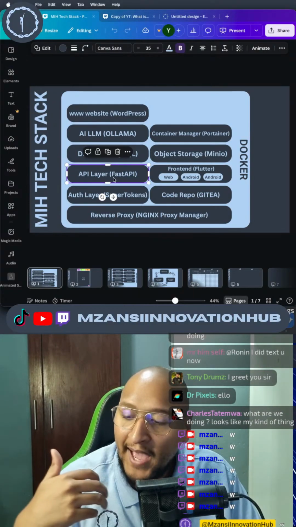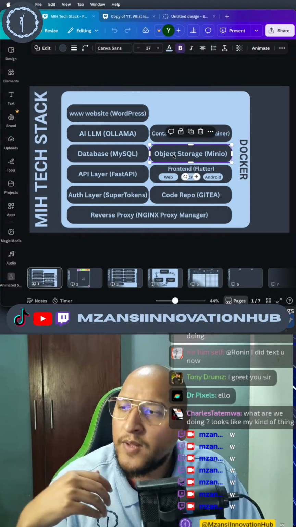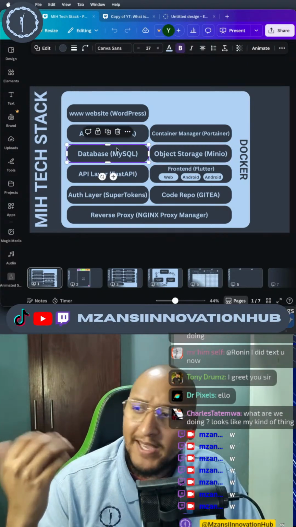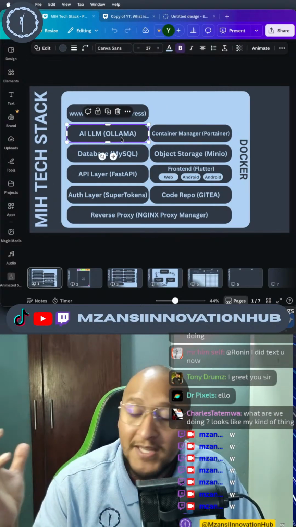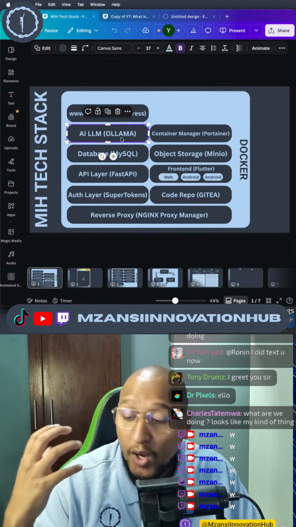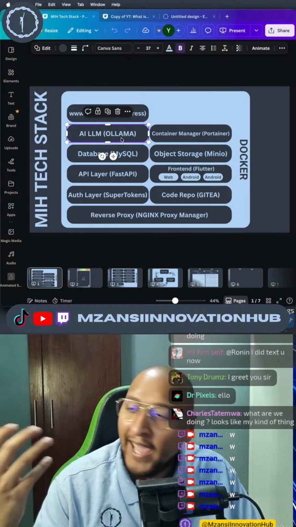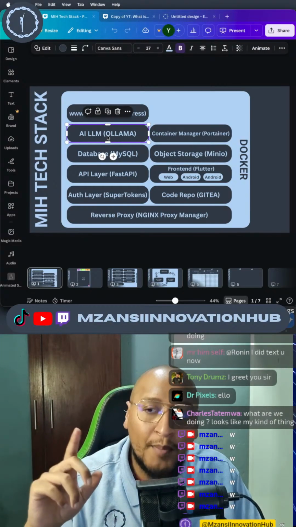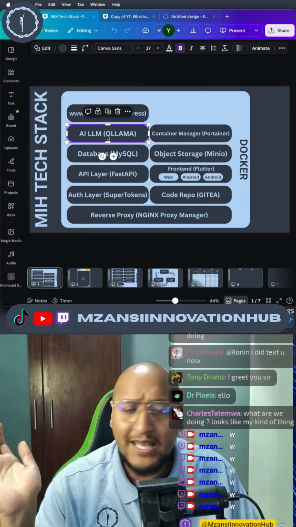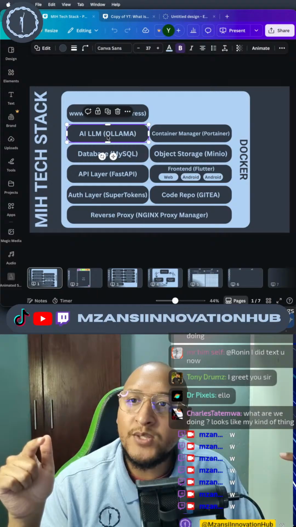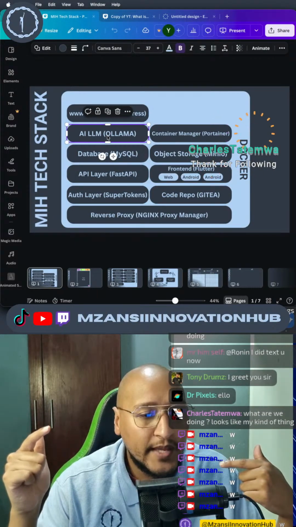Our FastAPI server, our MinIO storage, so like S3 storage, MySQL database, Portainer to manage the different containers, an Ollama server to have our own locally run LLM instead of using OpenAI and all of those kinds of things. If you have Ollama running on your local machine or on a server somewhere else, what you can do is you can connect it to VS Code also and use that for